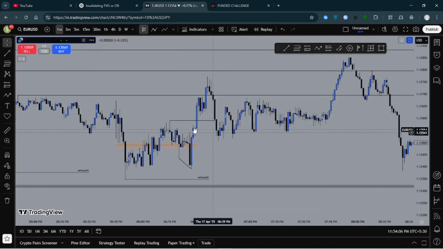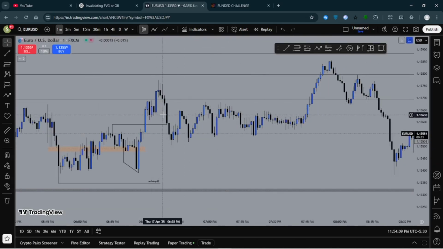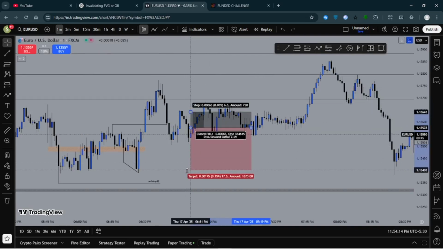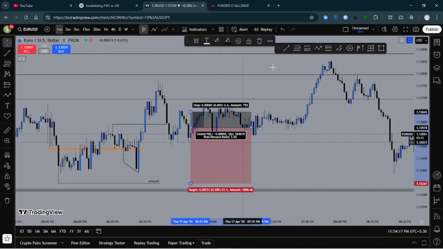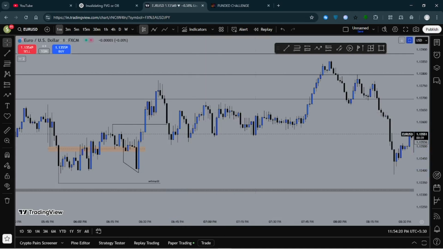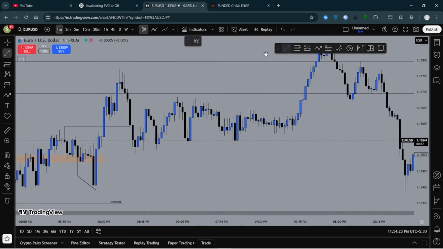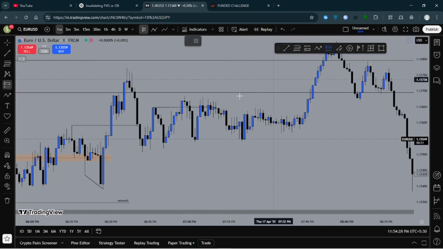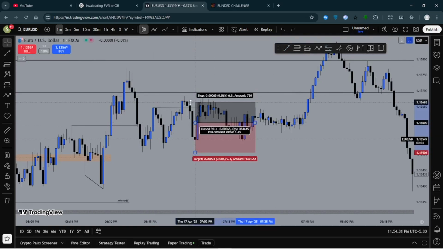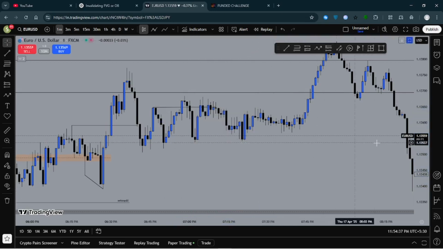I took the trade once I saw we are respecting this. I took the trade somewhere around here, putting my stop up here, and I was targeting this low. And this was my external target, and I got stopped out. The second trade I took was when I started thinking, okay, I might have got liquidated here again, stop raided. So I took another entry from here, putting a stop up here, and the same target, and got stopped out. These were the 2 trades I took.